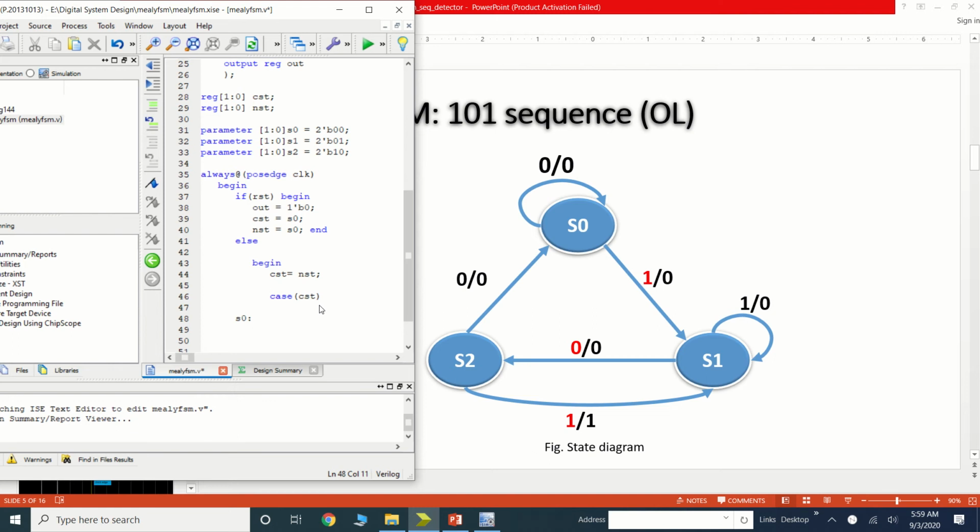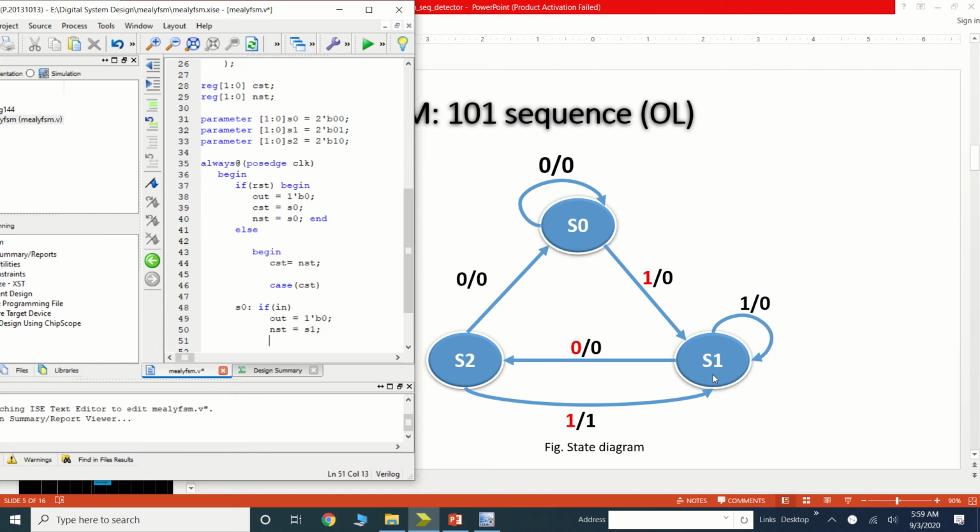In S0 we'll define what if my input equal to 1. When the input equal to 1, it will move to the next state, that is S1. So if input equal to 1, output equal to 0, and next state equal to S1.